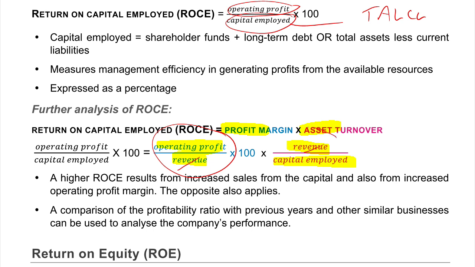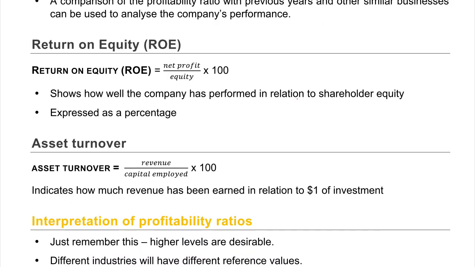Or it could be that you've had a great advertising campaign and you've got more revenue per pound invested coming into the business. If you want to look at things a little bit more specifically from a shareholder's perspective, because that's looking at the whole business capital employed, because we've got shareholders' funds and long-term debt, we can adapt that slightly to focus it from the shareholder's perspective. And that's return on equity,